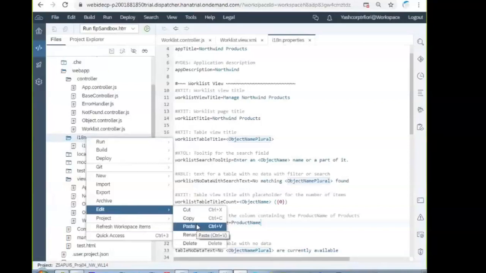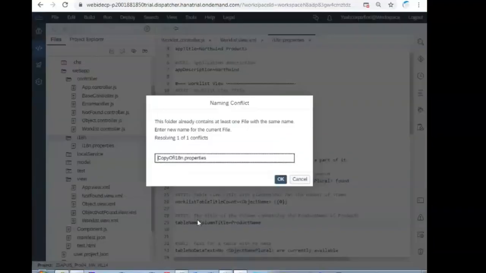Now name it as I18N underscore, so we'll maintain in the Hindi language, for example, underscore HI. I18N underscore HI.